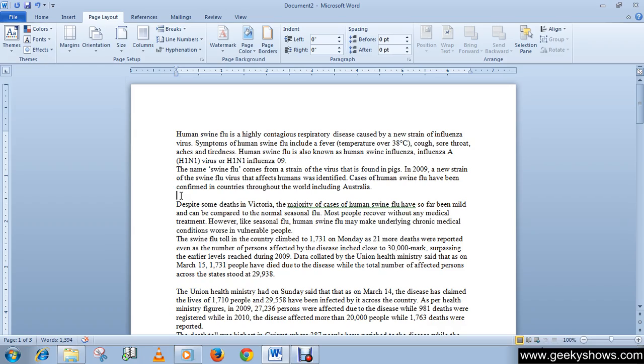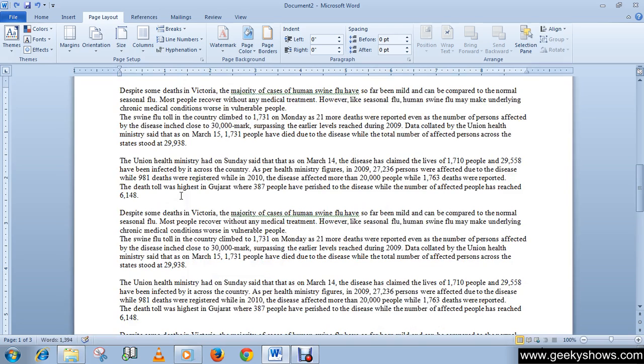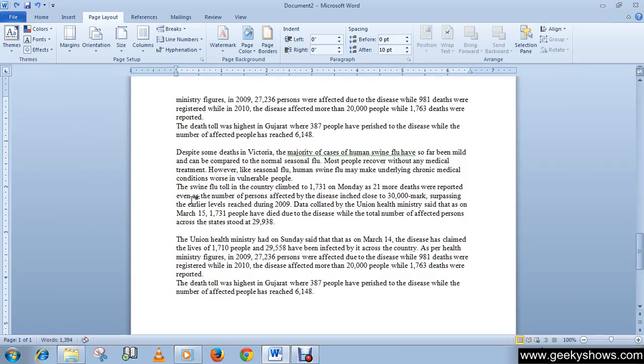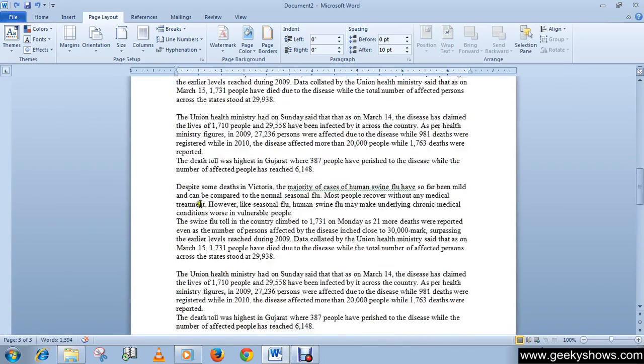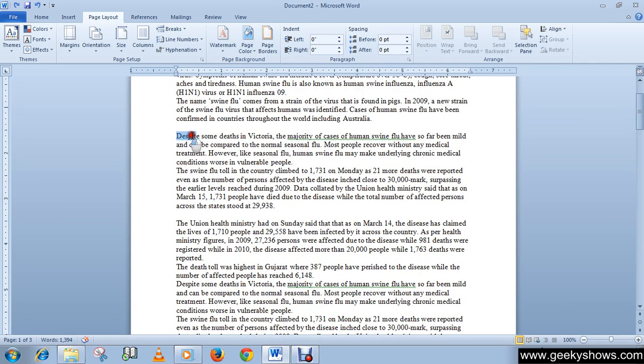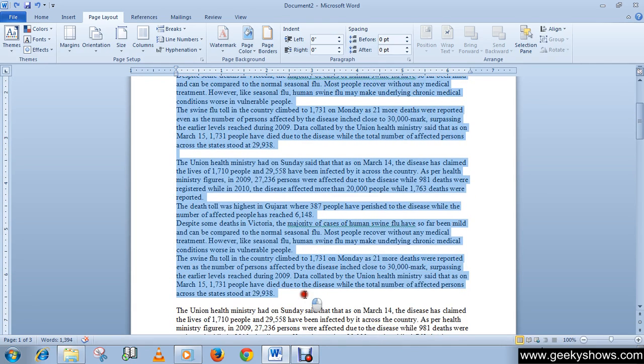First of all, let me undo everything. Now, for example, I want my first paragraph like this, and I want these things in columns.